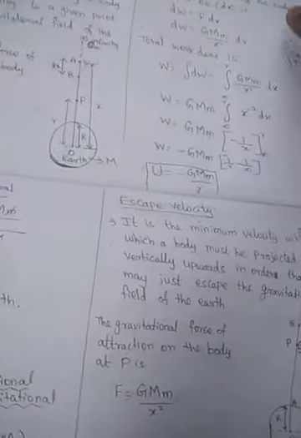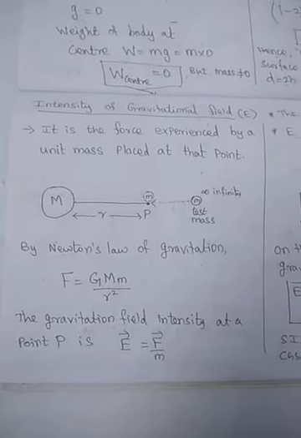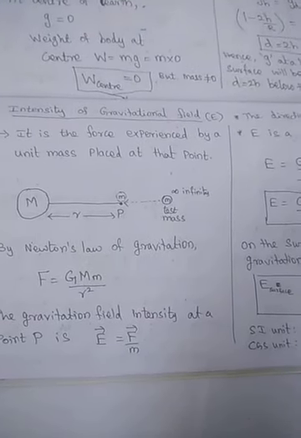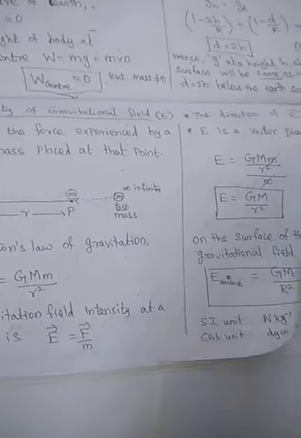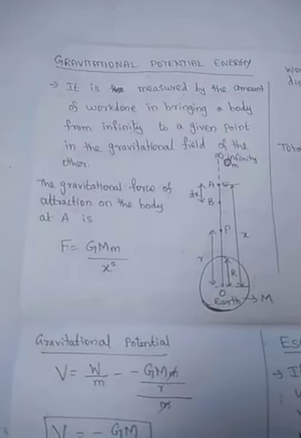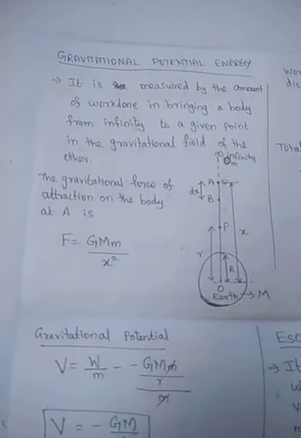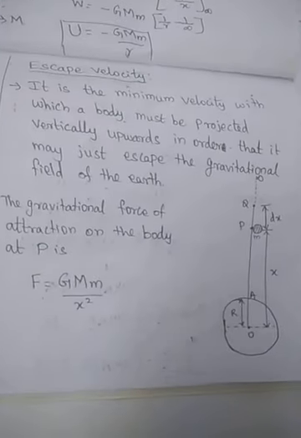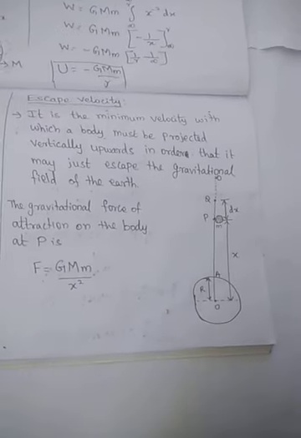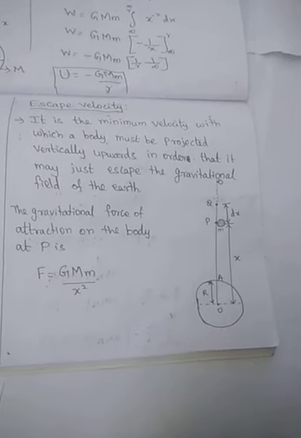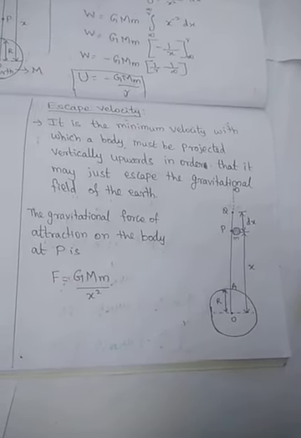So we have clearly seen what the gravitational field is. Gravitational field means there is a force of attraction between any two bodies. If these two bodies are placed in the gravitational field of one another, we calculated the minimum work done required for bringing a body from space to the earth's surface, which is the gravitational potential energy. After that we saw the minimum velocity required for any body to escape from earth to space, which is called the escape velocity.